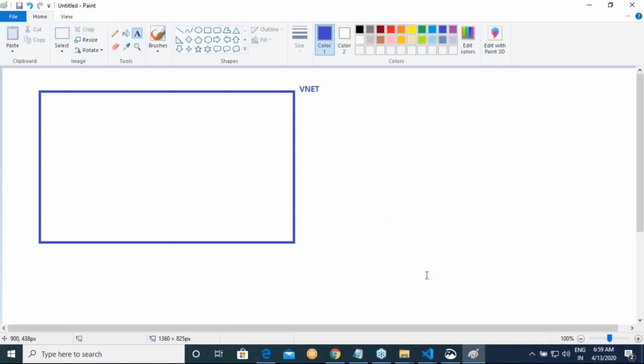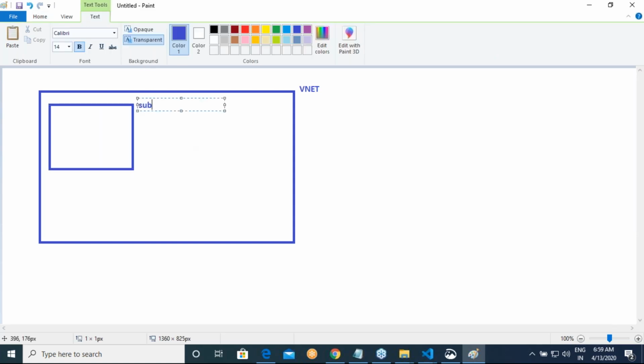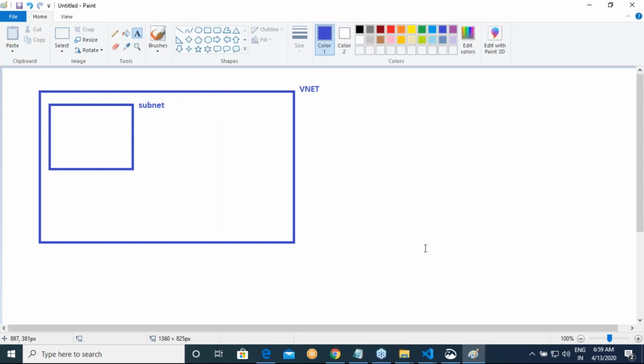If you already have a network in your resource group, you can create your Azure virtual machine within that network. In the network, there will be something called a subnet. So we'll have a virtual network and then we'll have a subnet.